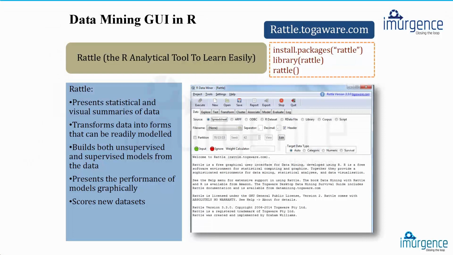Once you install this package using install.packages Rattle, it should take roughly 15 to 20 minutes at a strong bandwidth to install the whole thing. Then you will just call it with library Rattle, and to use Rattle you will just type Rattle on your console and press enter, and a separate window will open up. So you will have your RStudio running, and parallelly you will have your Rattle.